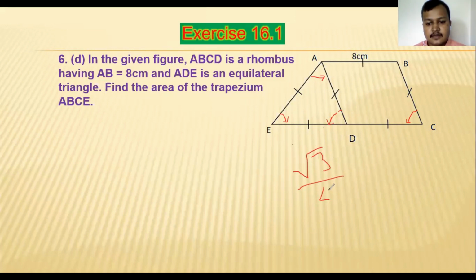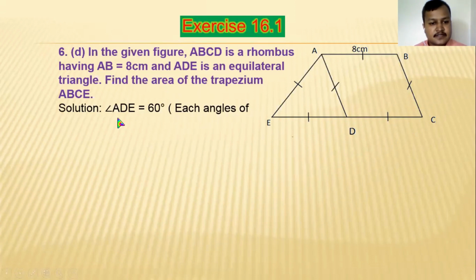One is √3/4 A square. This is the area for an equilateral triangle. Next one, 1/2 AD into ED into sine of angle ADE. That is the formula which we learned here in the chapter of trigonometry. In rhombus ABCD, we have to use the formula area is equal to BC into DC into sine of angle C. By using that formula, we can easily find the area of rhombus, and if that is added with the area of triangle, it becomes the area of trapezium.